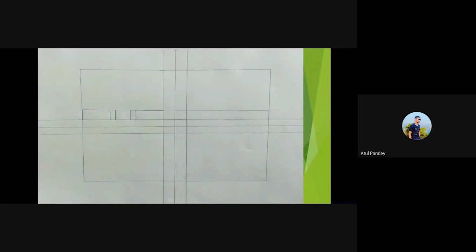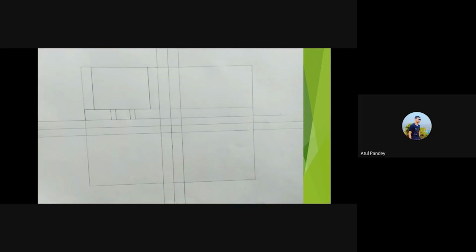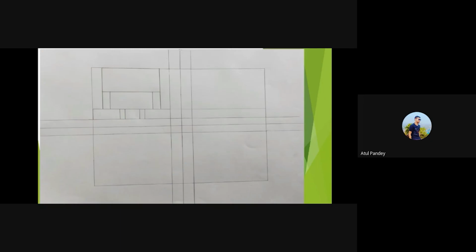Then from the front we will see these three rectangles. We have to draw these three rectangles of 26, 27 and again 26 millimeter. Also this 5 centimeter inside. Then we have to draw this line 10 centimeter inside. Then we have to come down by 38 millimeters and draw this line. Then we will see the slope part, which is 8 centimeter inside of this line.